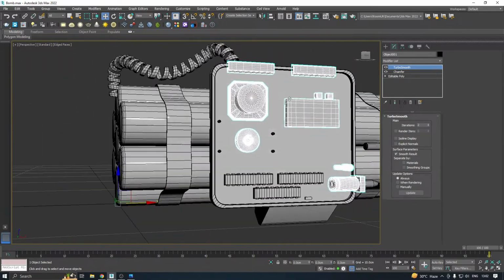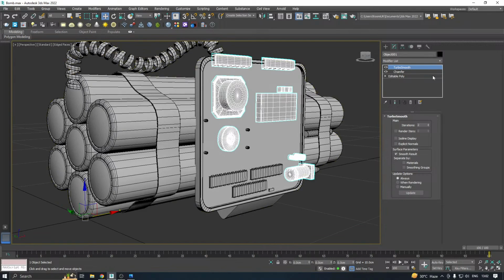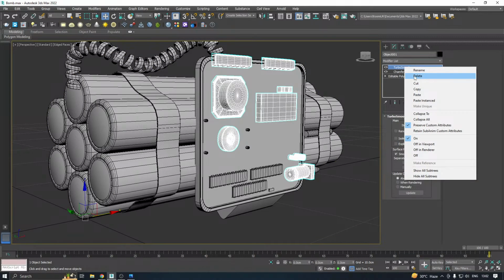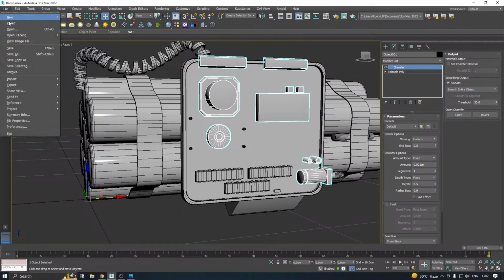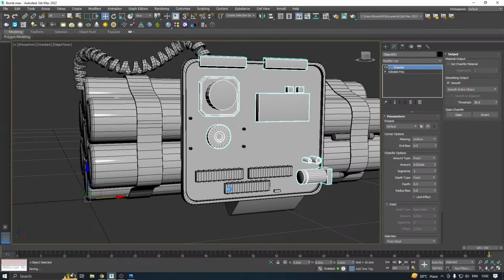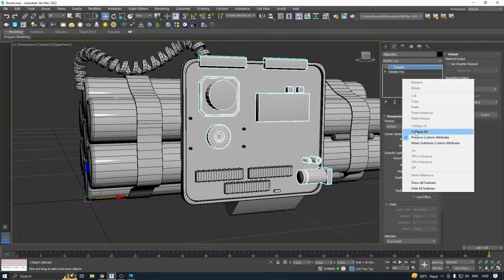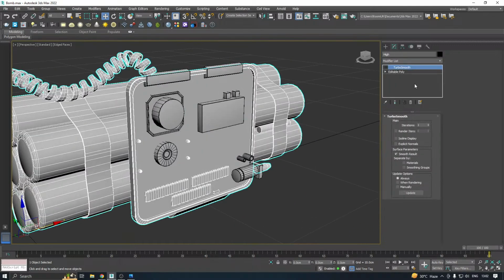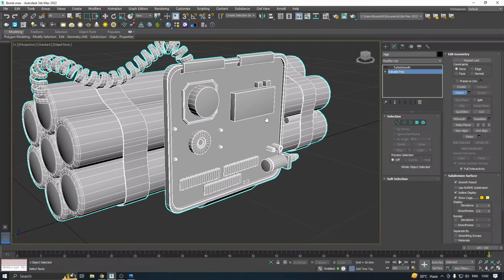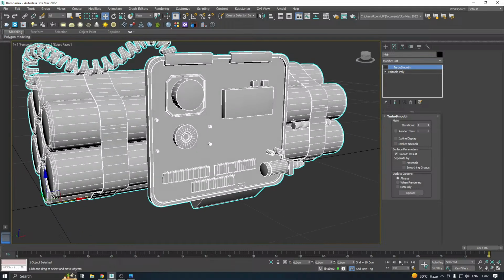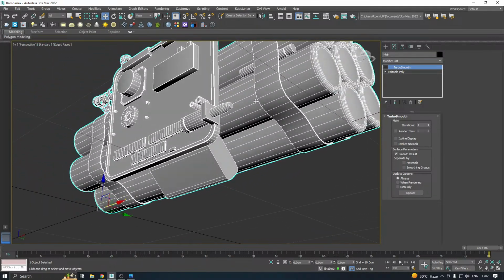Yeah, it's fine. We just delete this turbosmooth. Save a copy. And collapse all, and attach the other shape. Now if I apply turbosmooth,